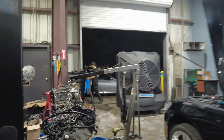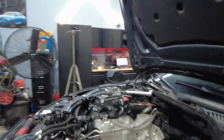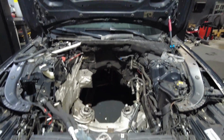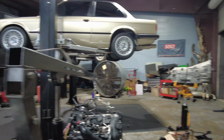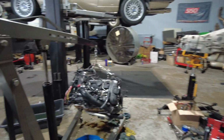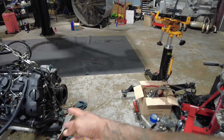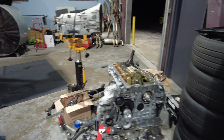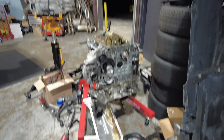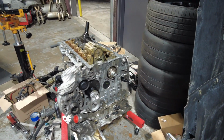So I start getting some stuff already off the engine. As you can see, the engine and transmission are out. And we got two engines, one on the engine stand and one on the cherry picker. This is the original engine here, which I've taken some of the front accessories off. As you can see, I got the alternator on there, the new tensioner, the new pulley. I got the new water pump down there getting ready to go on, do the front main seal, and we're waiting on some stuff to do the